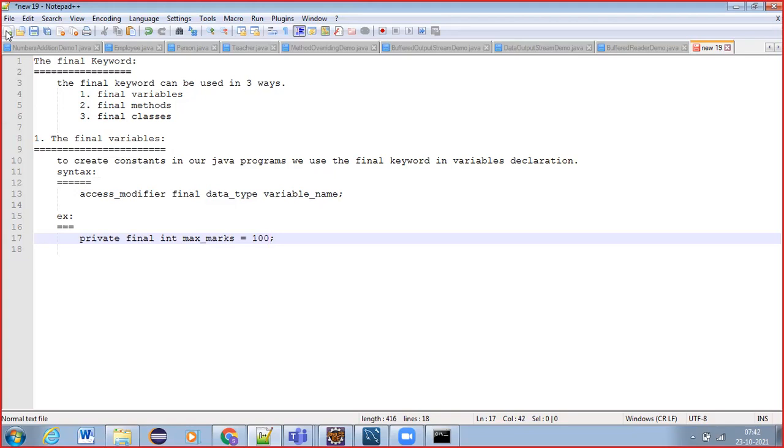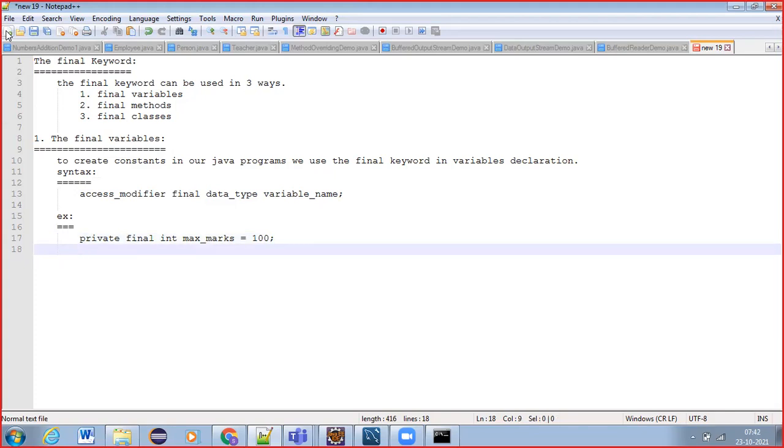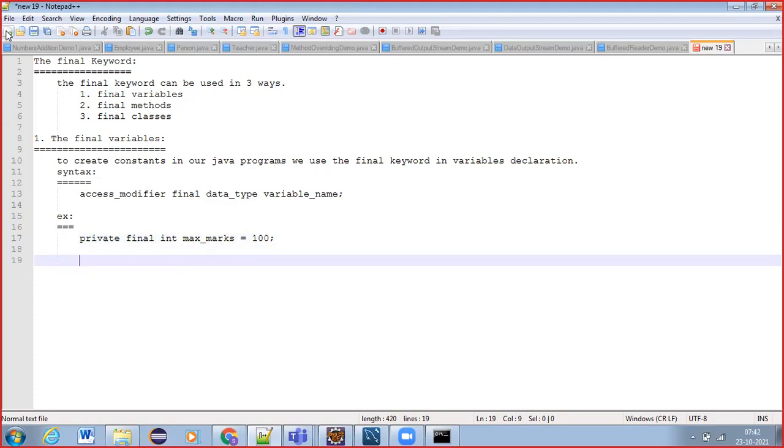Once we create it like this, the value of max marks cannot be modified further. So once we have initialized, this is nothing but initializing, right?